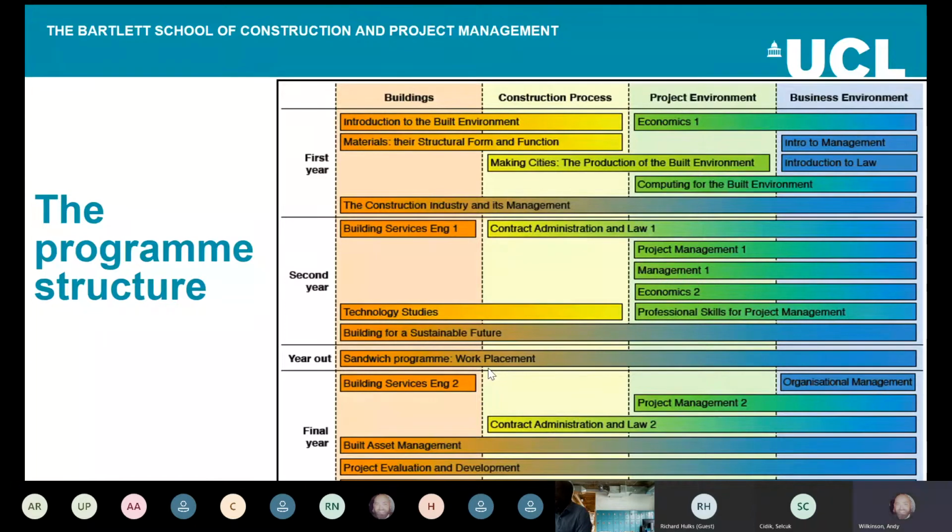Okay. So like I said earlier, the aim here is to give you a bit of background about how the program is structured. In terms of the whole 3-year package, what are the modules? How do they build you or prepare you as a project manager? That could be summed up in this one